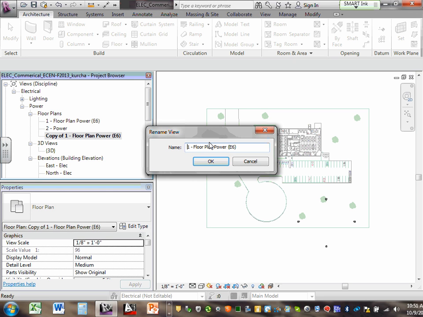It was site plan, lighting, and power. I'm going to call this one site plan, lighting, and power, and get rid of the rest of the stuff. And to help me